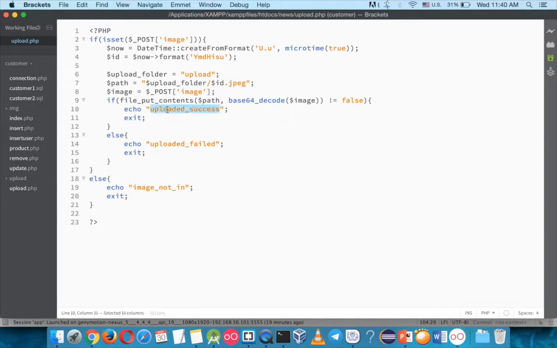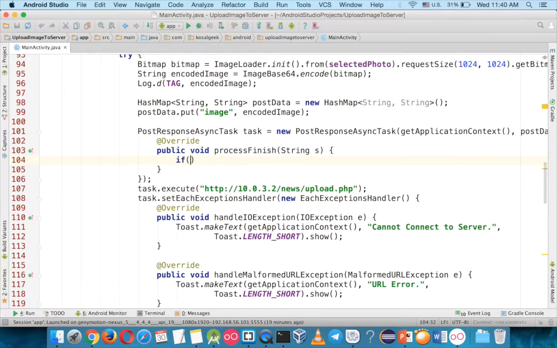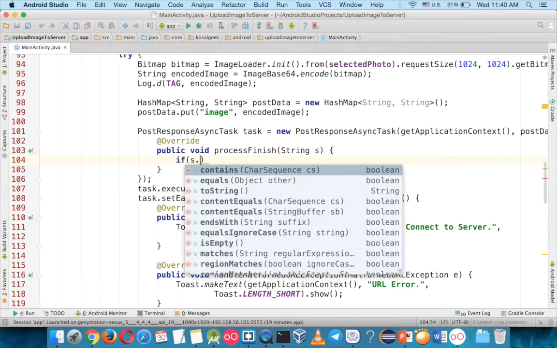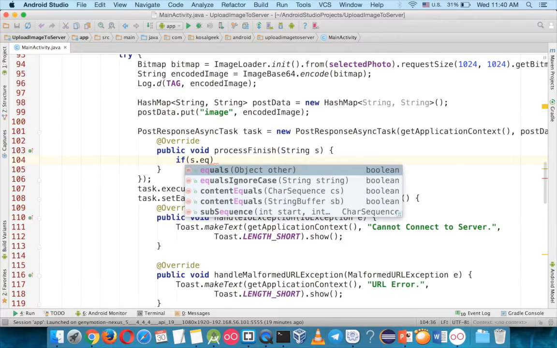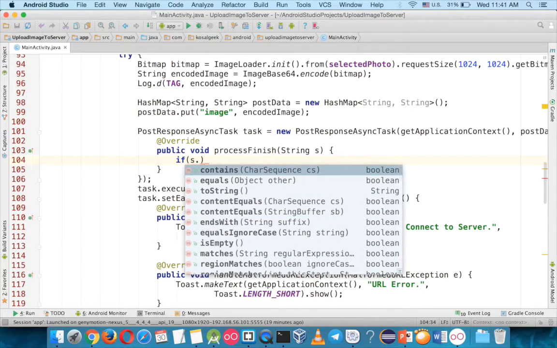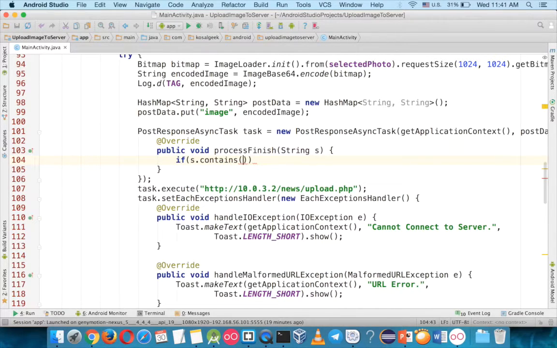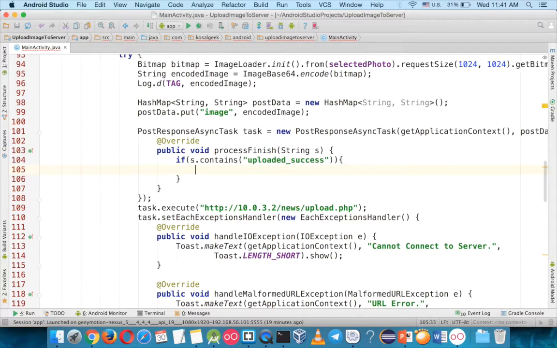So if your result is upload success, it means you uploaded the file successfully. I would not use equals because mostly there's going to be some space, you know. So I just use contains, and the word here must be uploaded success. Then you can say